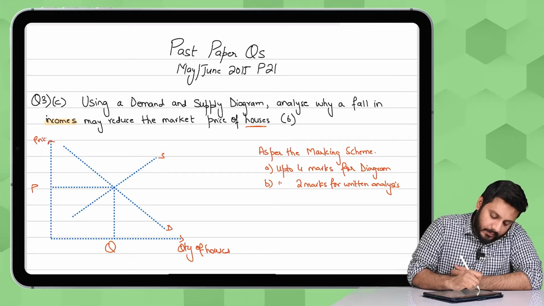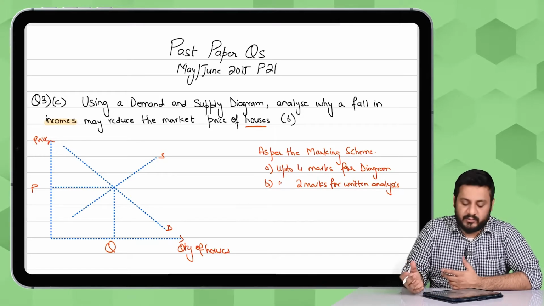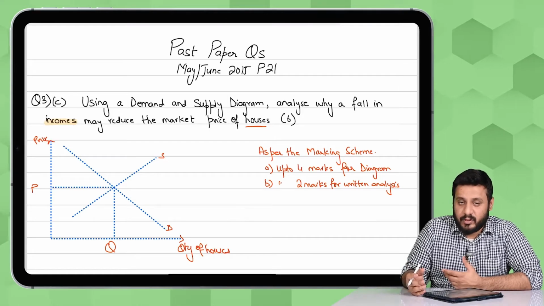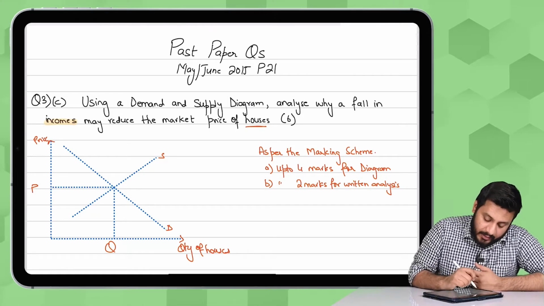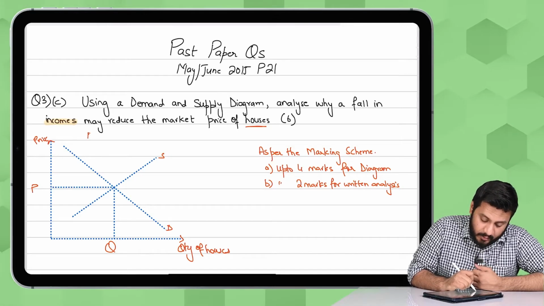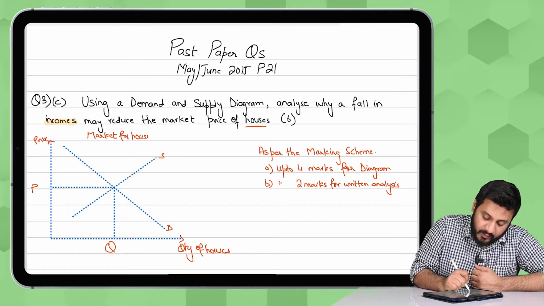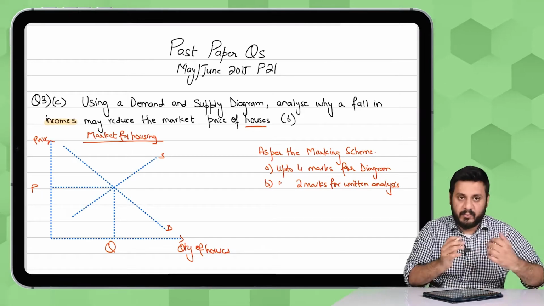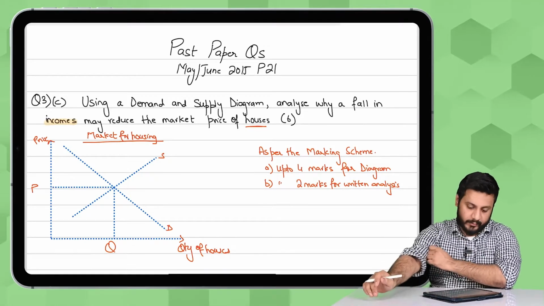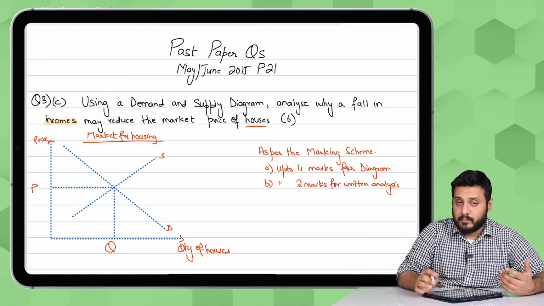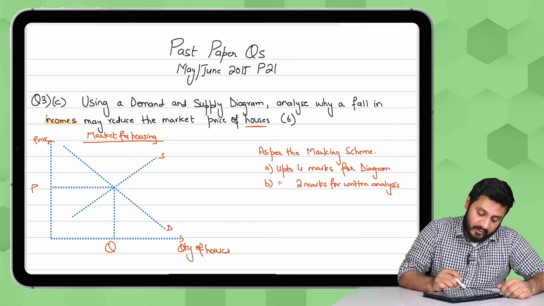Although you can also just write quantity, it won't really matter, but it gives the examiner a good impression. You can also write the heading, market for housing. And since we use the word market, it automatically means that we are drawing a demand and a supply diagram together. Now incomes are falling, so definitely purchasing power will fall, and as a result demand will